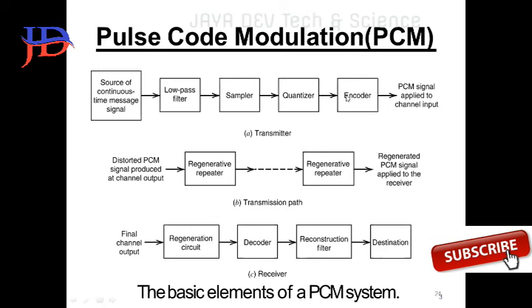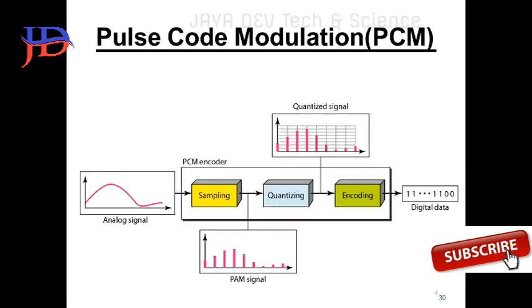So these are the elements of a PCM system. Then let us go to the next topic. In pulse code modulation, PCM, we use this processing. First we give the analog signal, then the PCM is encoded. How is it encoded? First we sample the signal, after that we quantize the signal, and then we get the output of the quantizer, as displayed here. So this is the analog signal, which is sampled and quantized, and this quantized signal is given to the encoder.